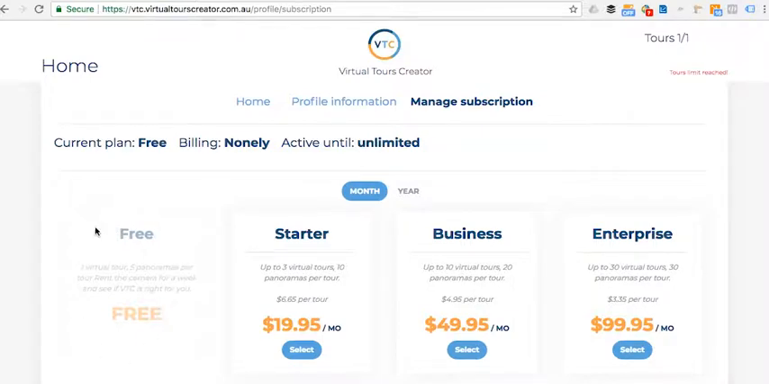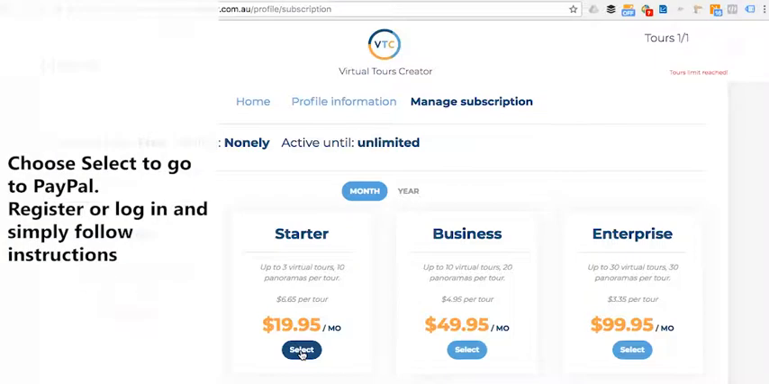As you can see, I'm now at the free subscription, so I can have one tour with up to 5 panoramas. And if you want to sign up for a starter or business or enterprise package, all you have to do is select this button, which is going to take you to setting up a PayPal account. If you do have a PayPal account, you just have to log in. If you don't, you have to create one and simply